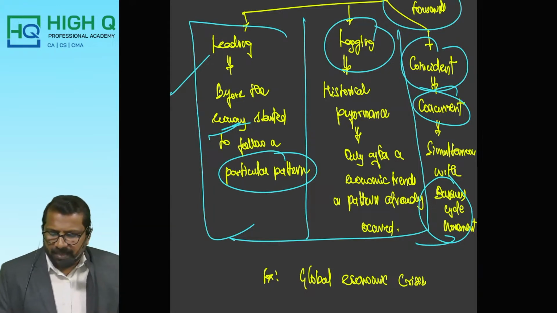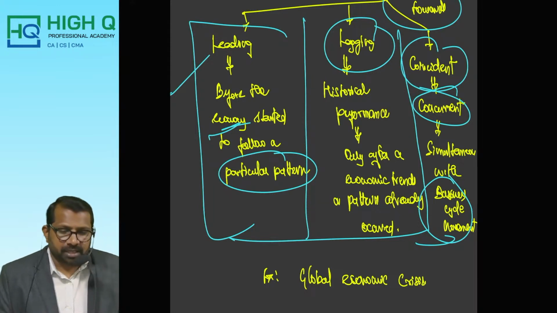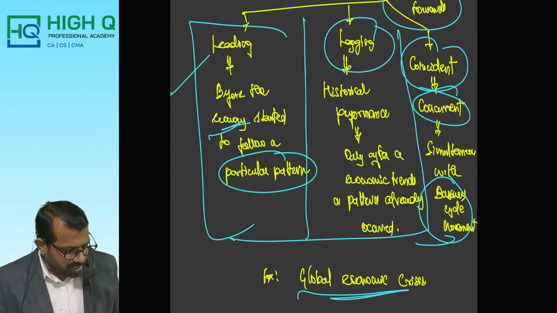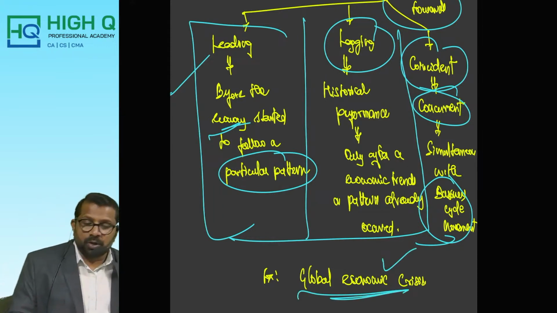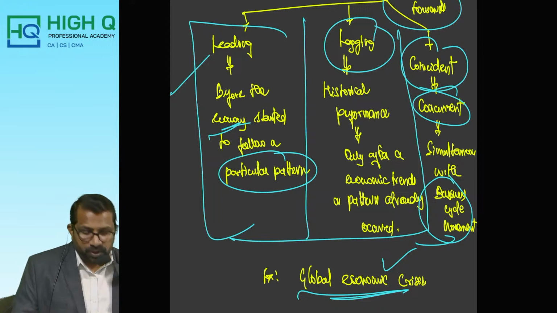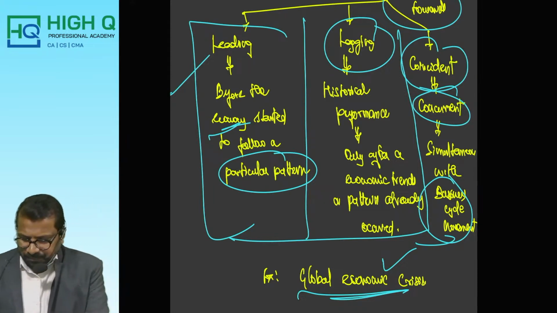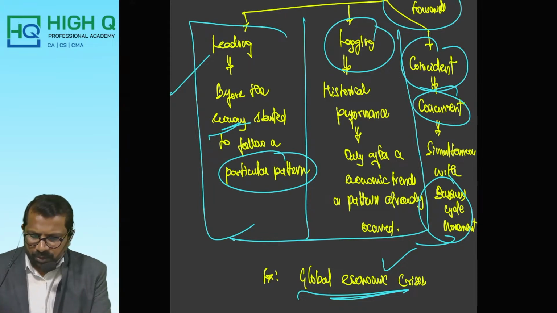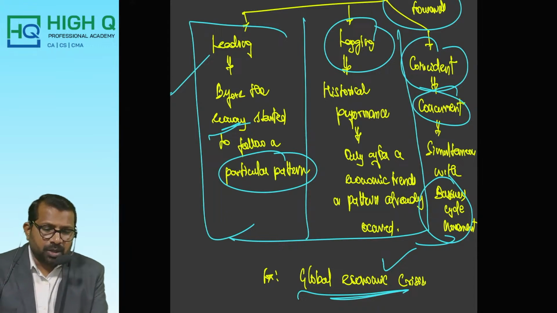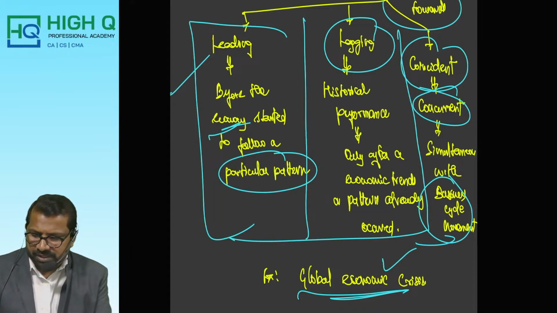So what are the examples of business cycle? The Great Depression, which happened in the year 1930, the information technology bubble burst of 2000, and lastly, the most important, the global economic crisis of 2008 to 9. All these come under the examples of business cycle. Now we are going to have some discussion on the one-word questions.